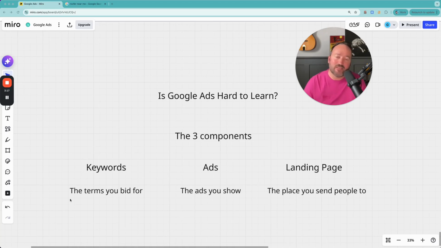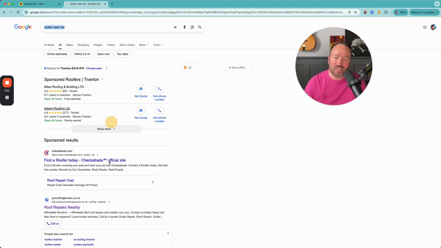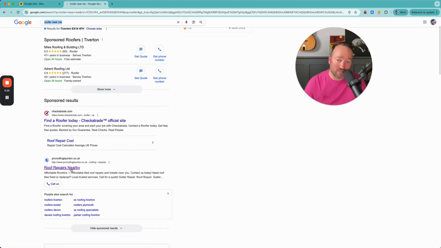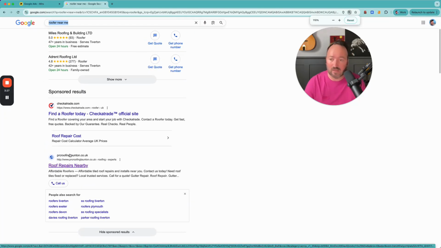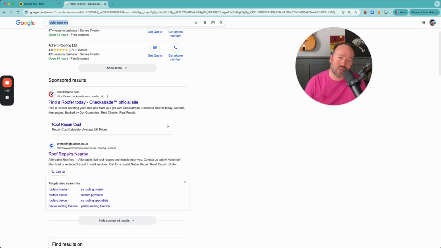Okay, the second component is the actual ad. The ad in this case is this one here. So here's a good example. Google Ads is changing the SERP, as it's called, the results page. Google changes it a lot, and you may remember a while ago the sponsored links, the ads, used to say sponsored, and back in the day they were blue on the right hand side, when there was a real difference between